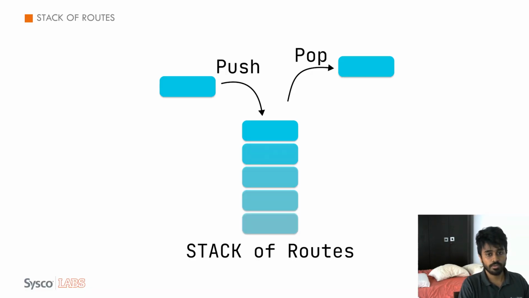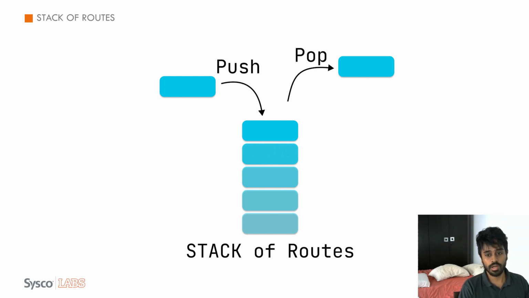Let me explain why. So we have this stack of routes, right? If the application is fresh, these routes are not there anymore, right? So your first page will be only this. So there are no other routes for you to go back. But in case you are using the application, a fresh application, you have the first route, then you go to the second page and then you share the URL.